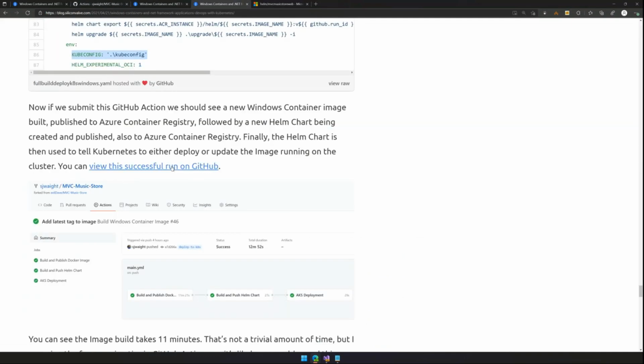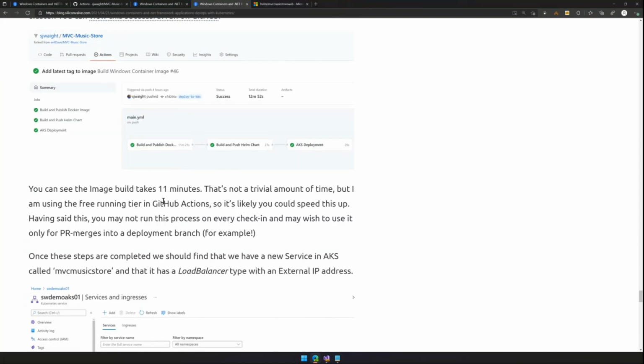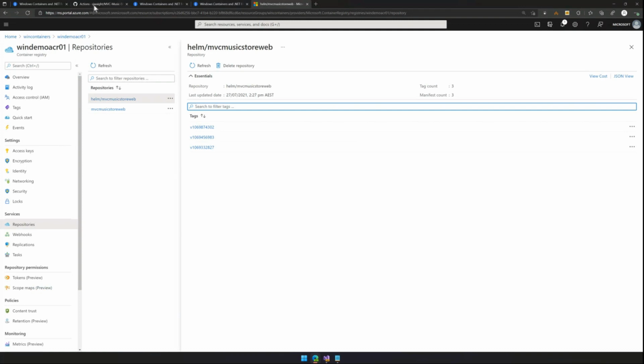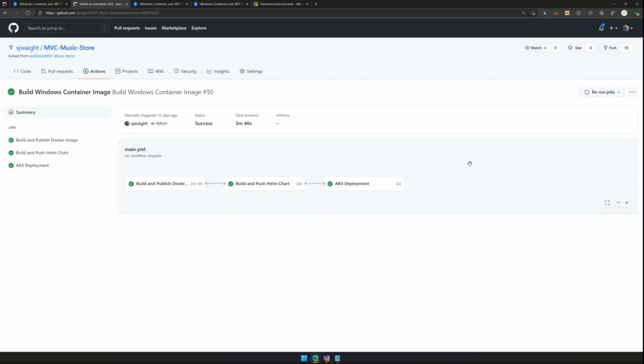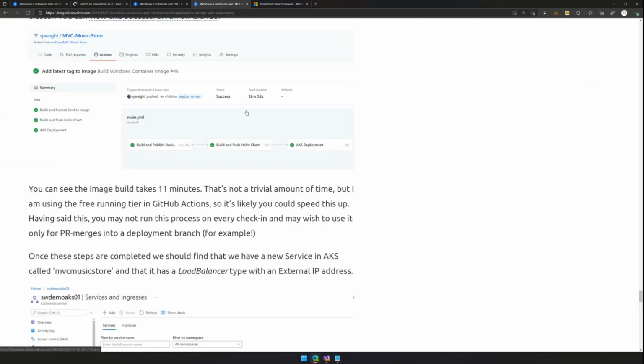I think we're pretty much at the end. So it took 11 minutes. It's a little bit quicker than that these days. Let's have a look, see if it'll prove me wrong. Let's open this. So it says there it ran for 3 minutes and 46 seconds. So it's come down a fair bit in the time, and it'll vary by time of day as well. It could be that I ran it at a good time of day. So you can see here this one was almost 13 minutes.